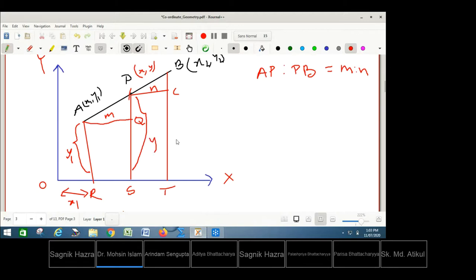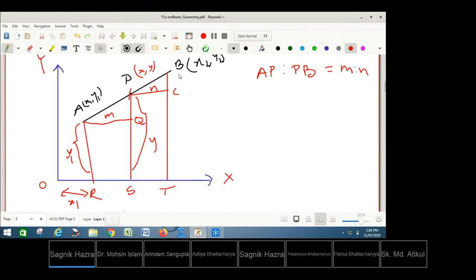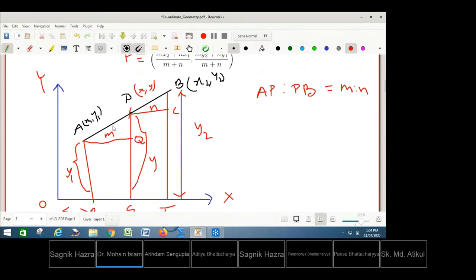And this length is x2, and this is your y2. Okay, so now we can easily prove, I'm not going into the proof of that, that triangles PAQ